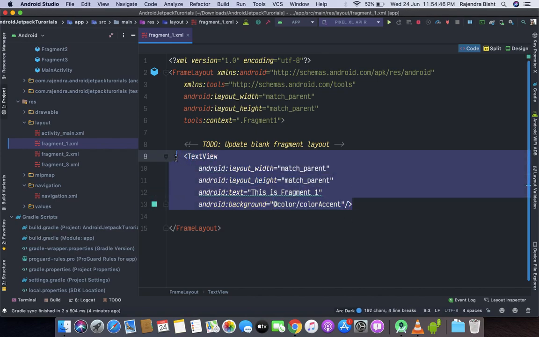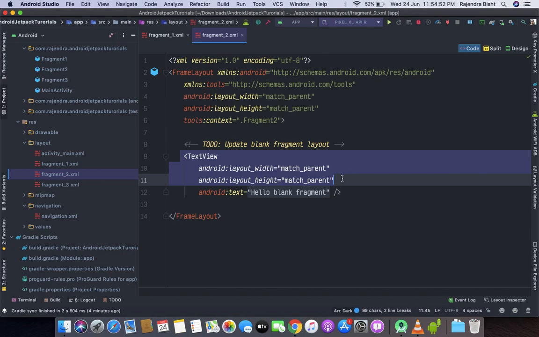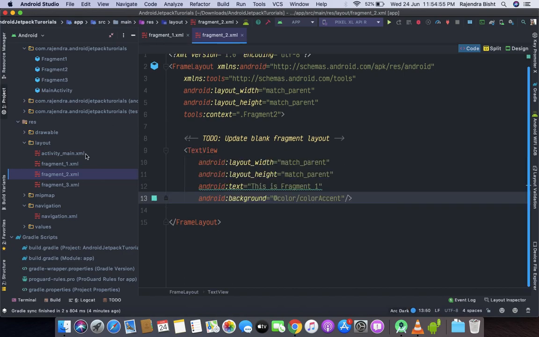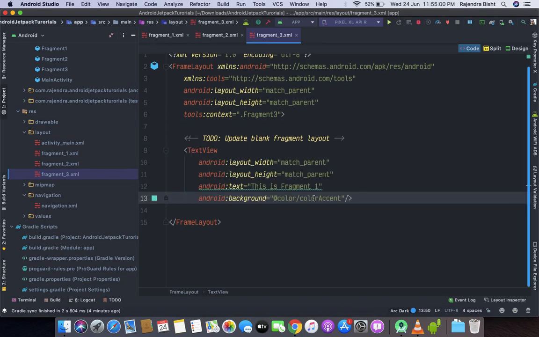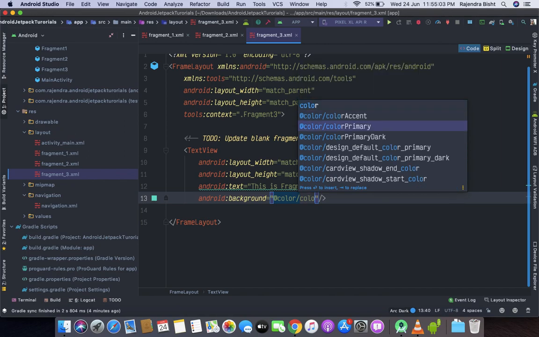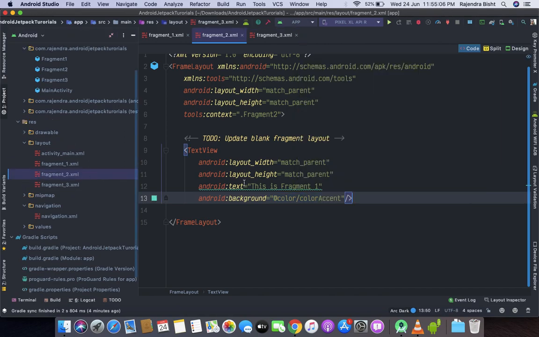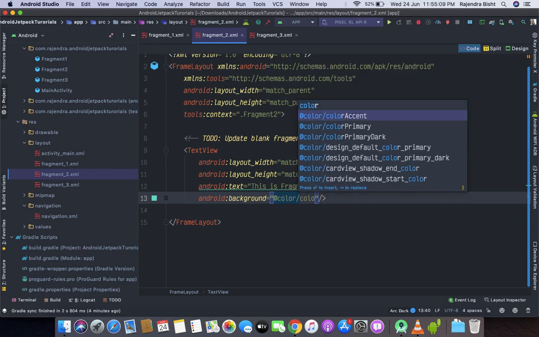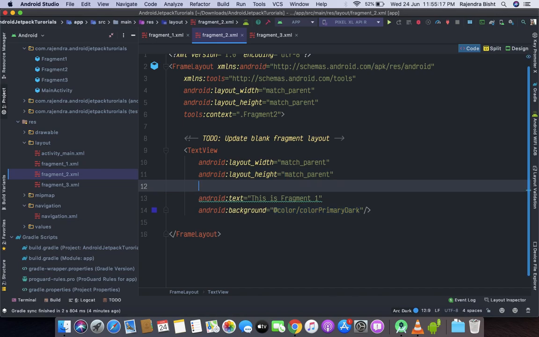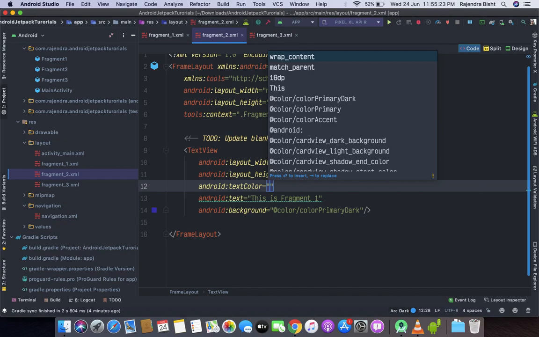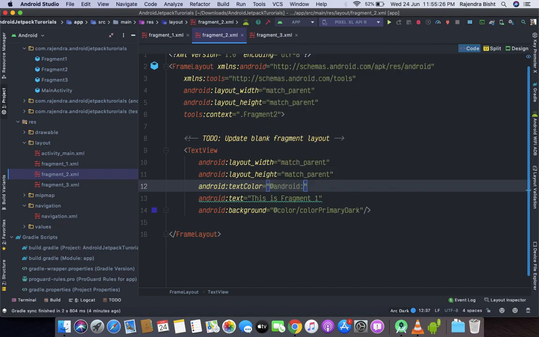So I'm going to copy color primary dark. I am changing to a test color so we can easily see the difference.